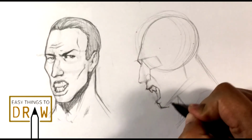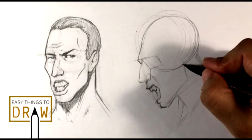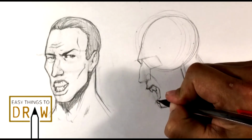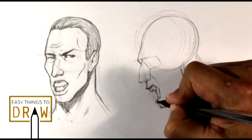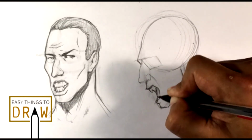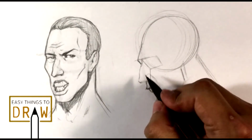Chin. Bottom of the lip, chin. Kind of have to pull that chin down a little bit. Pulling the back of the jaw a little bit in. And I believe there are some sharp teeth in the bottom as well. Filling in this part. Kind of jumping ahead on the mouth there, but